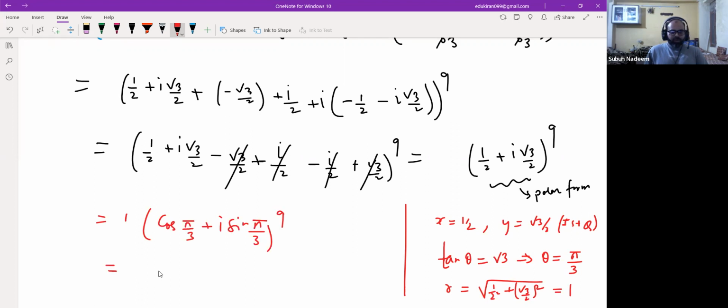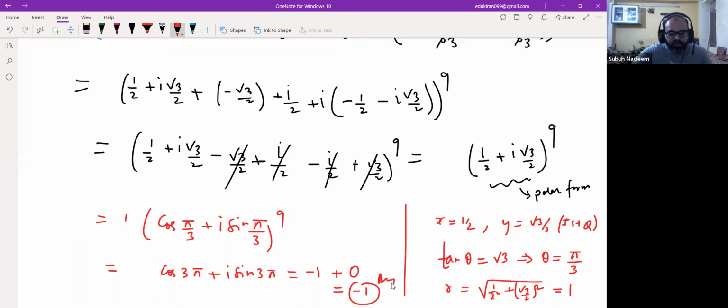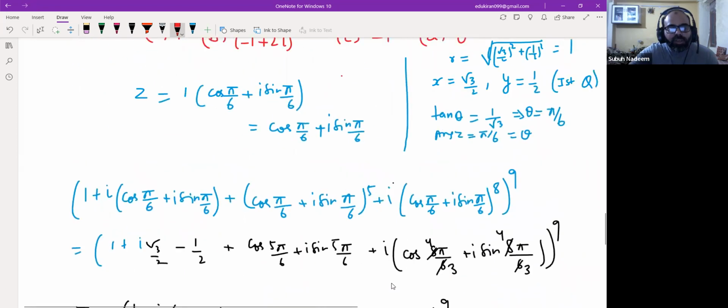Now you apply De Moivre's theorem. So cos 9 pi by 3 will be cos 3 pi, and sin 9 pi by 3 will be sin 3 pi. Cos 3 pi is 2 pi plus pi, right? It will be cos pi, which is minus 1, and sin 3 pi is 0. So the answer is minus 1. From the options which I gave, if you check, the correct option is